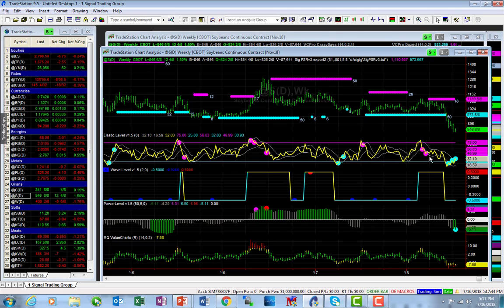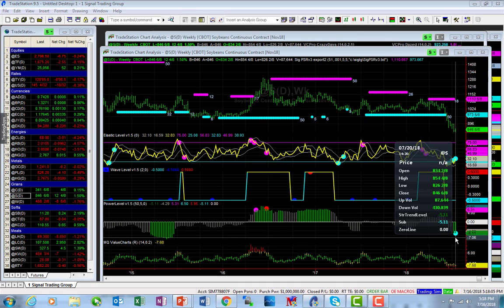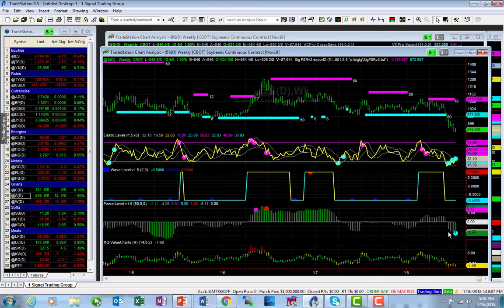Normally they would reverse right away, or at least tell us that conditions are ripe for a turnaround. When you get three of these in a row, then maybe you should be heeding the warning, especially when it works in conjunction with some of our other types of tools. In this case, a sub low. Let me see if I can pull this up here. A sub low in our power trend or power level type tool has triggered as well.